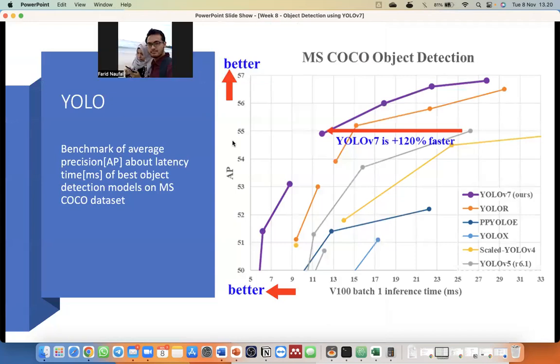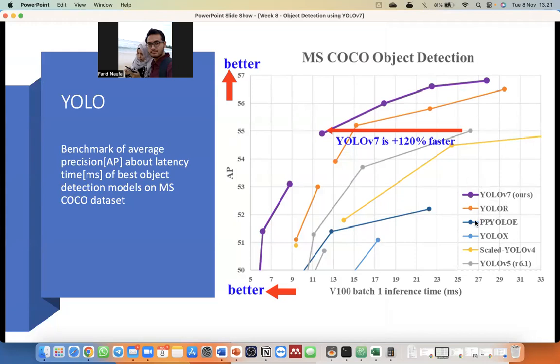Okay, as you can see here, we have a comparison between the YOLO algorithm and other object detection algorithms. We have YOLO version 7. This is the current version of YOLO, and we will use YOLO version 7.